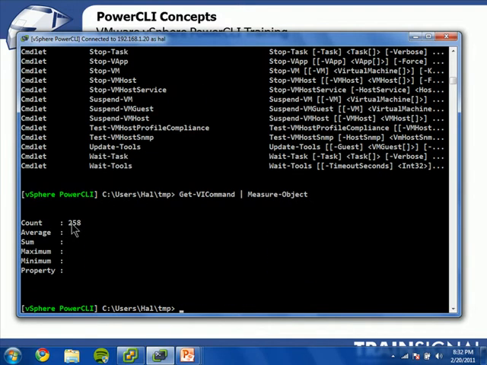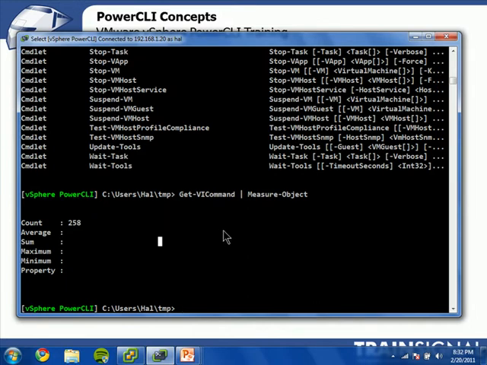And that's going to tell us that the count, there's 258 of them. Now this has gone up over time, and at the time of this recording, we've got 258 commandlets. I think they started out with something on the order of 120. So it's definitely grown. Each commandlet is a sort of bite-sized, task-oriented piece of programming which allows you to peek or poke in